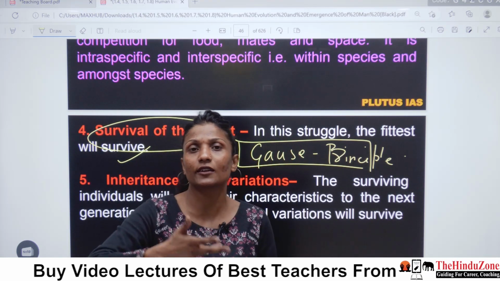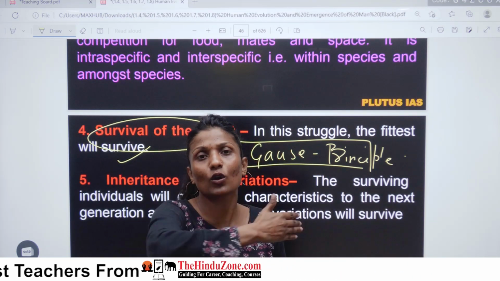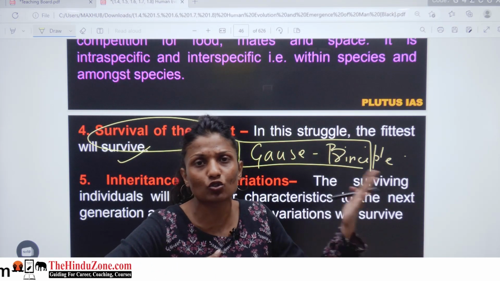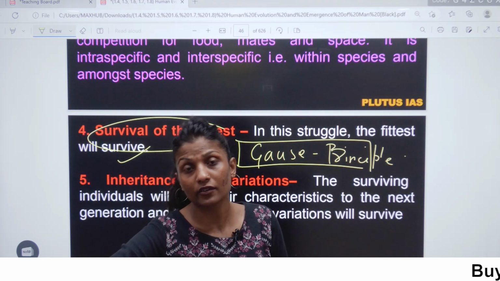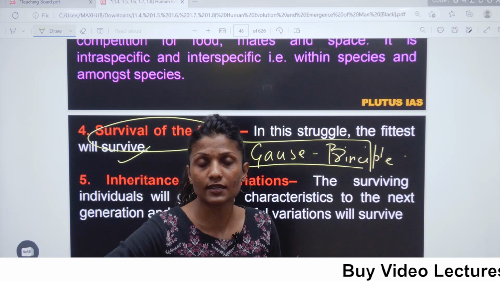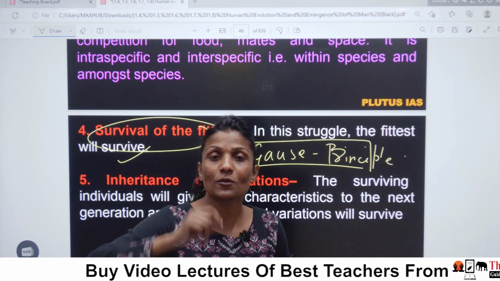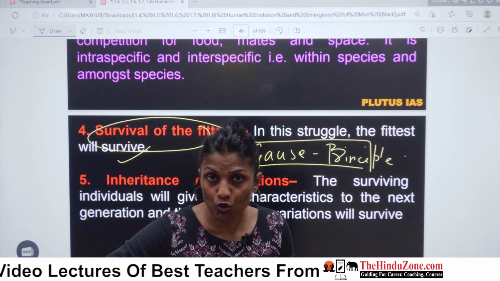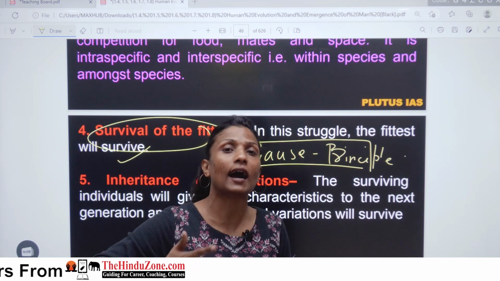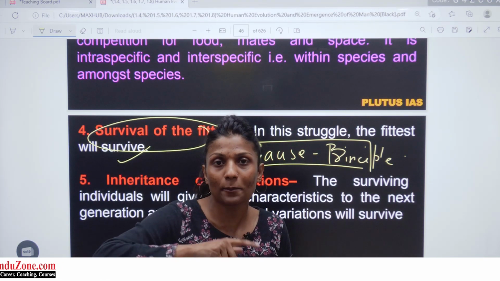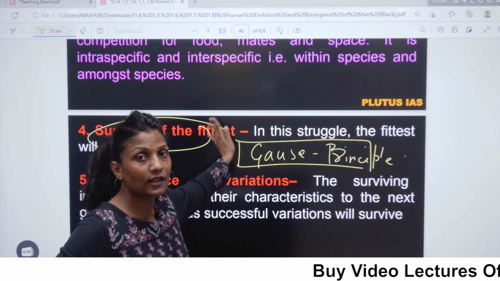In this, what is required? It is very much required to have a critical mindset. So when we are reading all this theory, let's just say biological theories of Darwin, of Lamarckism, or you can say post-Darwinian theory, modern synthetic theory, whatsoever it is, we should understand with our own ideas. We must take the content, we must make our own notes. Your notes should be in your own handwriting, and then you should apply your own ideas. And ideas, how you can apply? You can make interconnections. The way I have just made the interconnection in front of you. So I am talking about survival of the fittest.